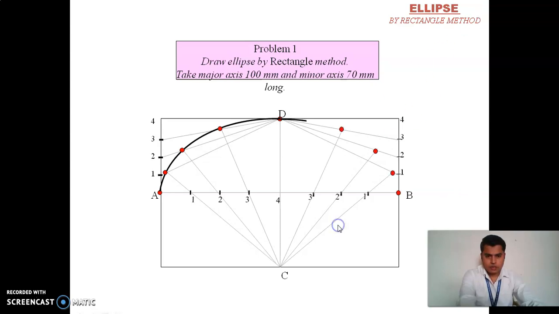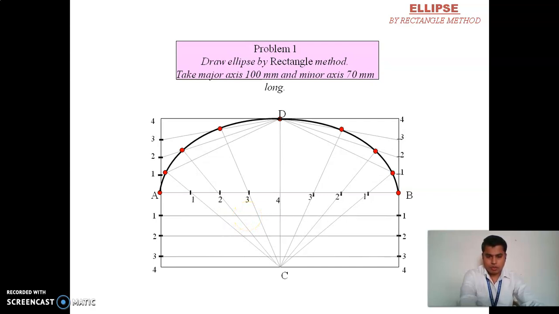So this is the second curve. You need to follow the same process on the opposite side. This is the upper side of the rectangle, this is the downward side of the rectangle. You need to follow the same process by changing the positions, or you can easily connect all these points, 1 with 1, 2 with 2, 3 with 3, 4 with 4. All these points are at equal distance, so be careful about that.